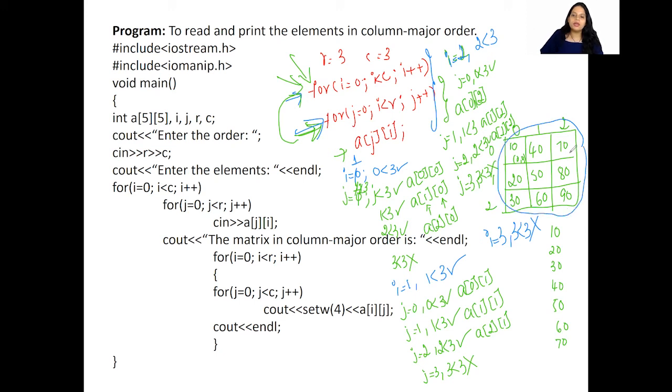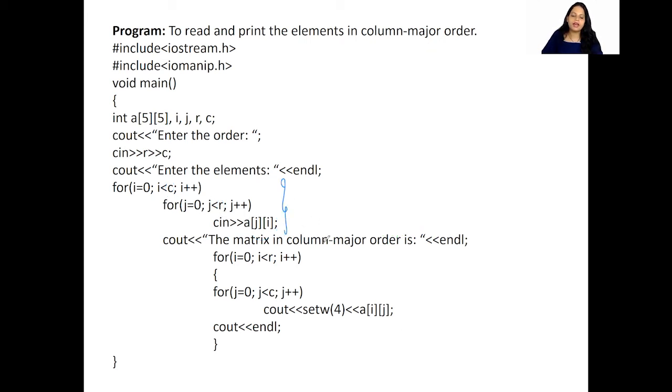Okay. The one major thing you have to see here is we are entering the values column wise. So the way the for loops are written is in that way. We are first taking the column value and then we are taking the row value, isn't it? And also here the order is j, I. So when we do that, we are going to populate the values into the array in this way. I hope this is clear.